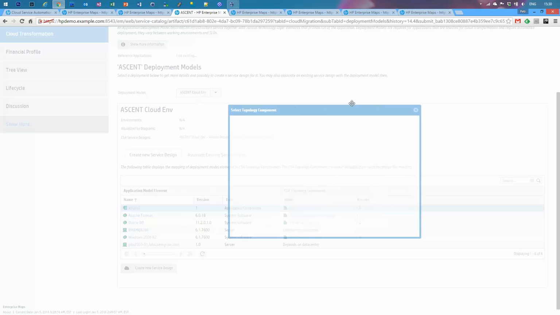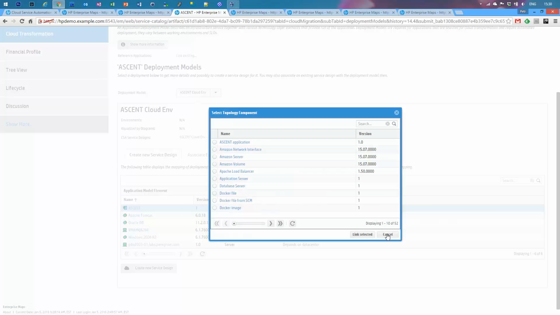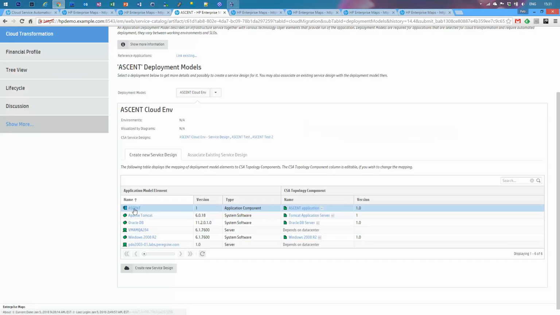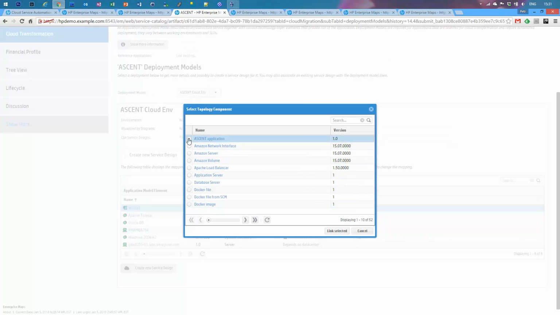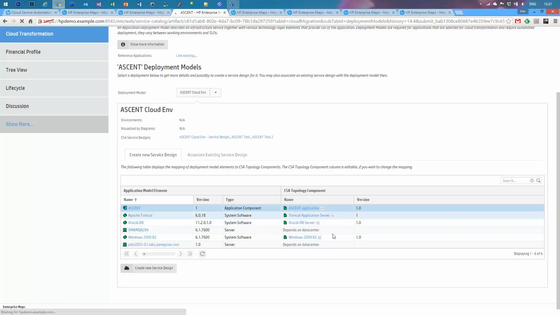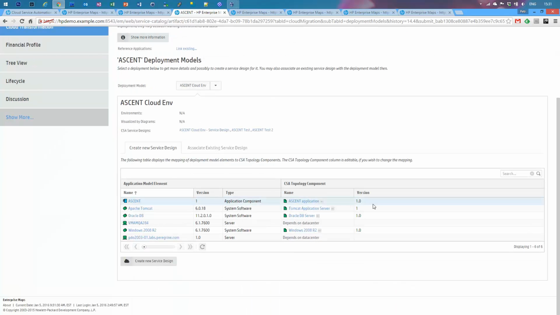So here I'm basically specifying that this is my application Ascend, and it will be mapped to this component in CSA. So if I click on the three dots, I can specify the component which will be used in my topology design, which will be used and will represent my application. So you can of course select any other if you want. Link selected, and you will do that with all the others which are